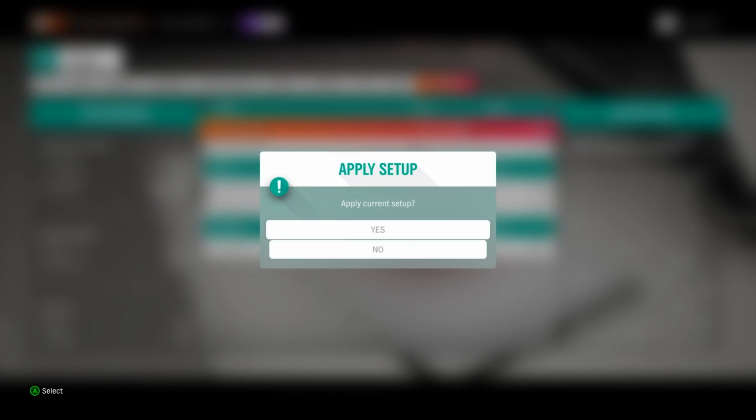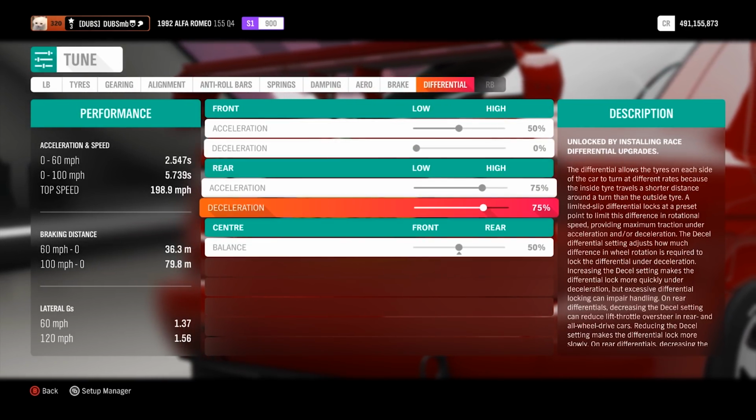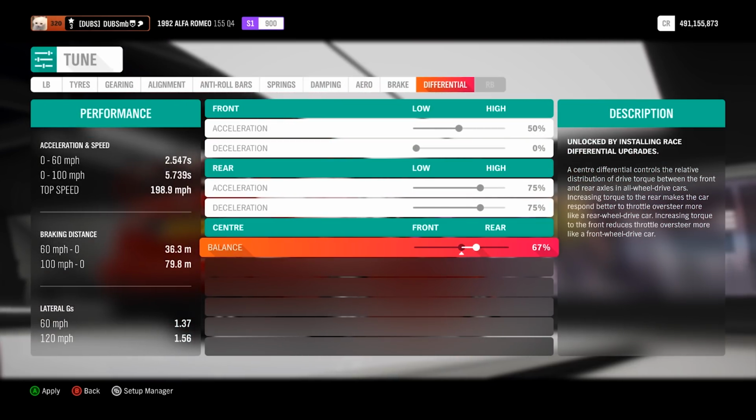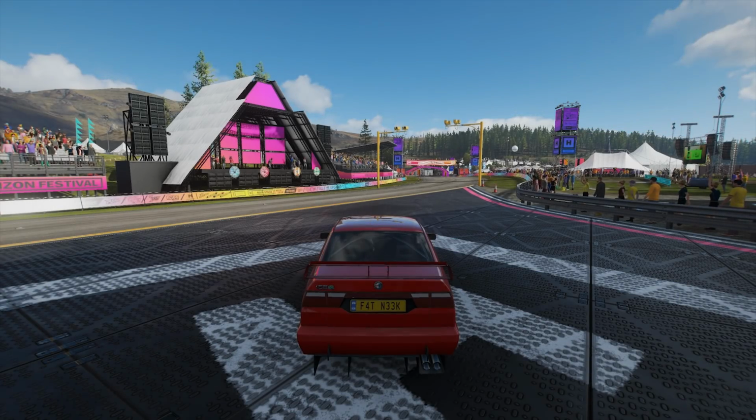It's a 50-50 torque distribution. I may actually want to make it a little bit more rear-wheel drive than what it is now. I'll do that. I'll just change this so it's at 75% of the power going to the rear wheels. I feel like it'll handle a lot better as well by doing that instead of 50-50. I can push it out of corners instead of it just like...